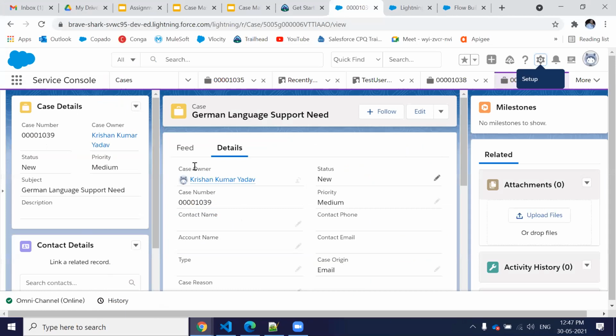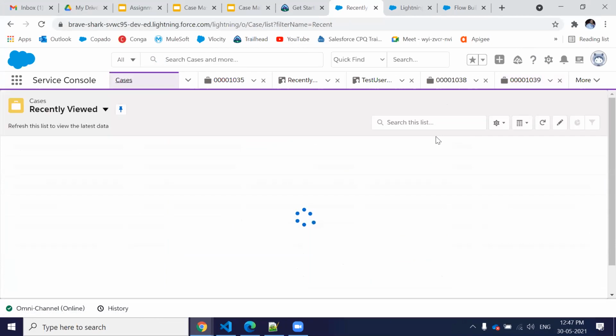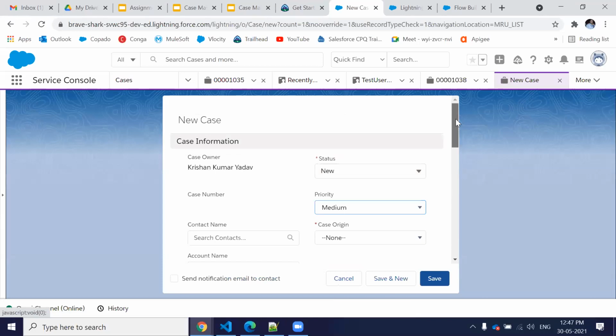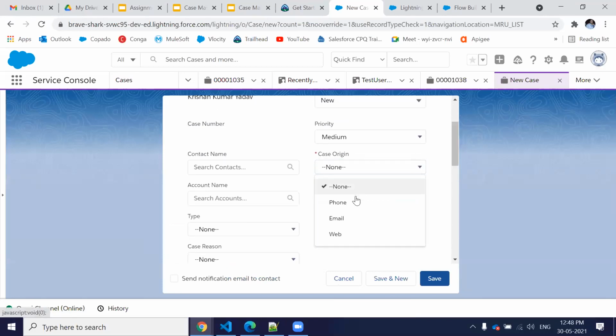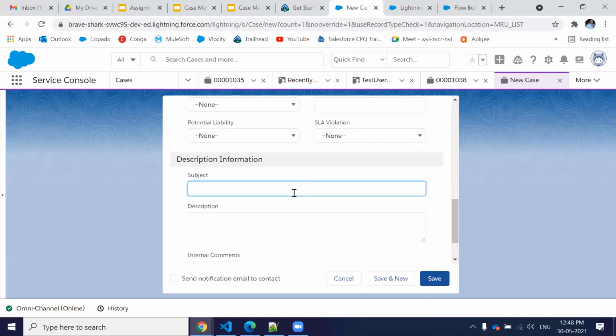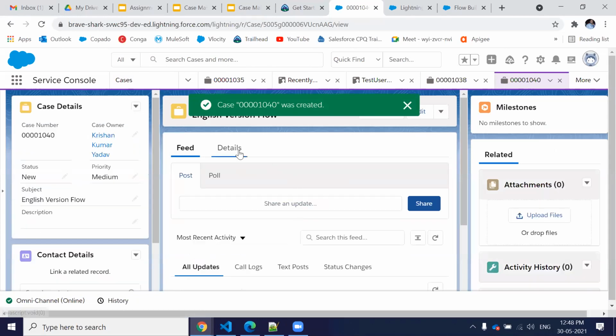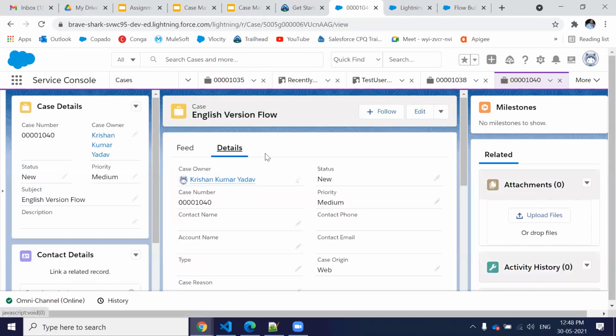I am online right now, and let's just create a case to see whether it's going to route or not. But I'm assuming that if it's not routed through the trigger and process builder, then most likely it's not going to work with the flow as well. Let's see. So I have created a case, but it did not route through the flow.